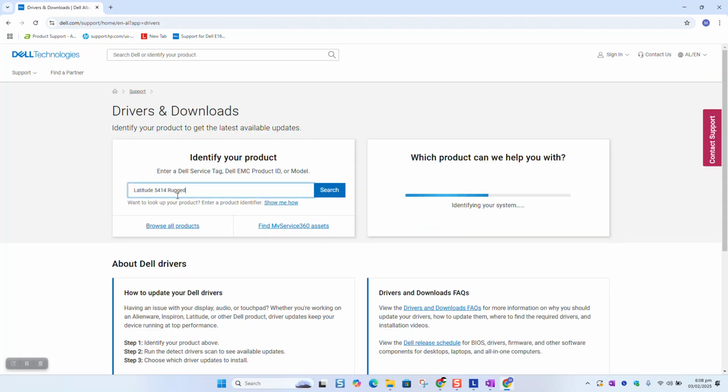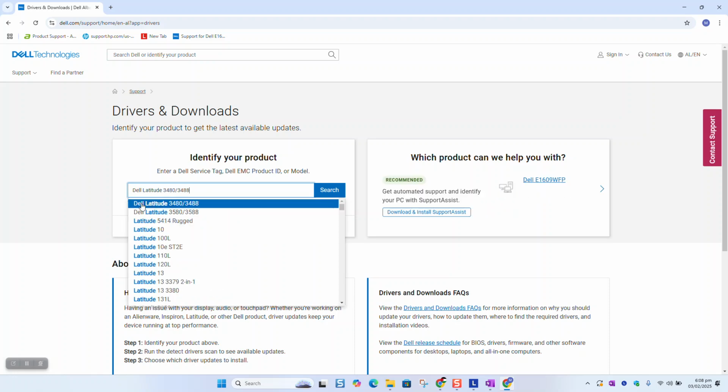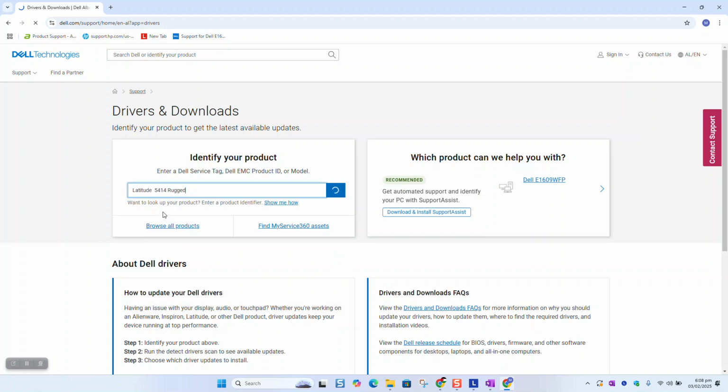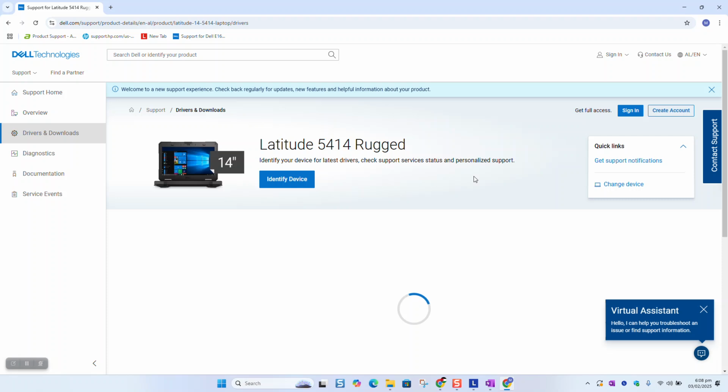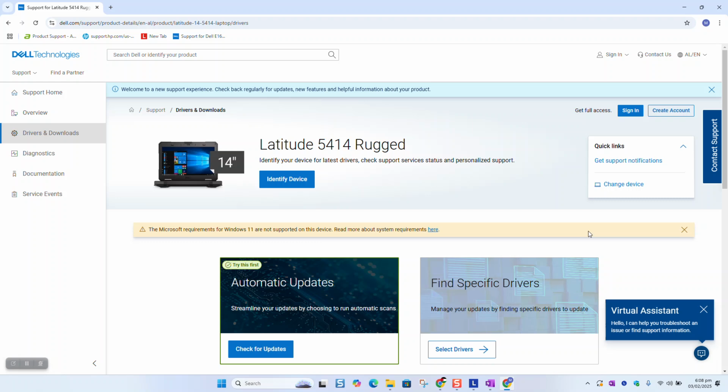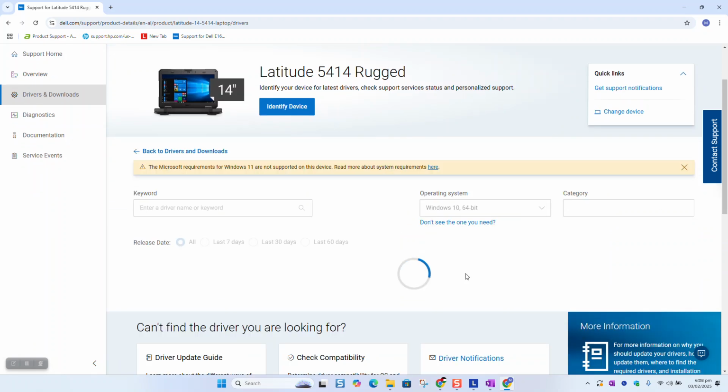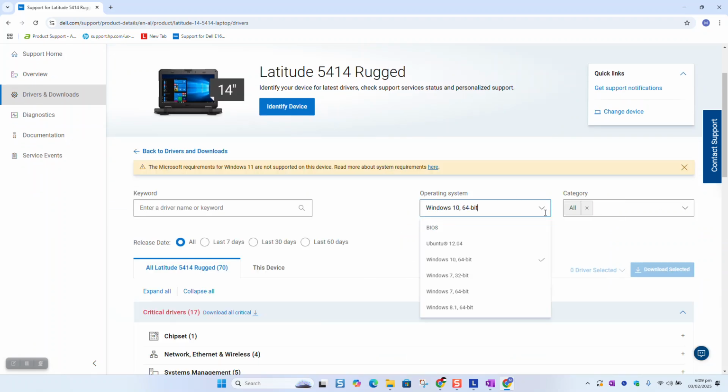As a next step, you want to type your computer's model. In my case it is 5414 Rugged. I will click on it and we'll need to wait a few seconds. After that, we'll be offered the option to download drivers manually or via automatic updates. So as a next step, you want to click on select drivers manually, and here you need to select the